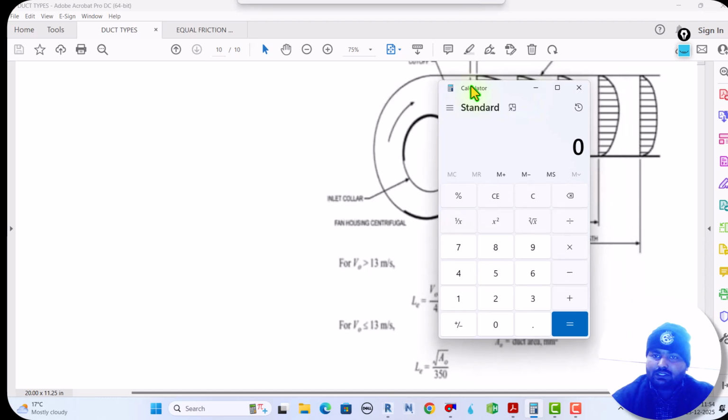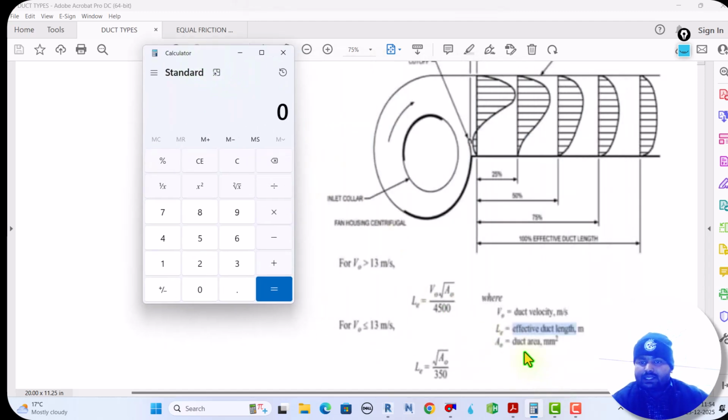But see, the duct area is in mm square, and length will become in meter. The velocity will be in meter per second. So 300 into 200 will come this one, and divide 350, 60,000, right? So under root 60,000,